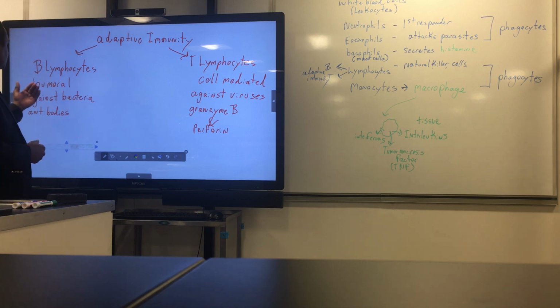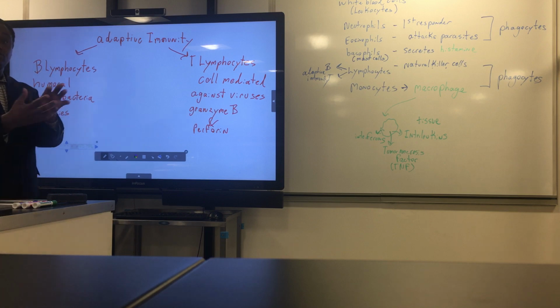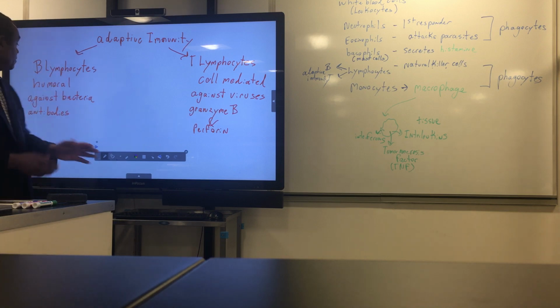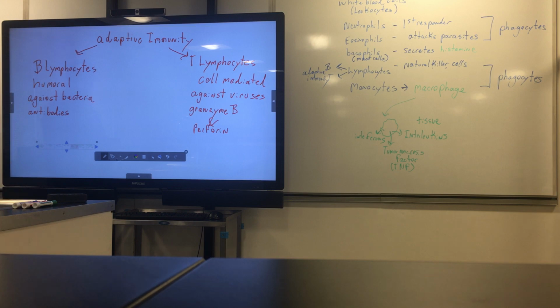So B lymphocytes pretty much attack those things that would be in the fluid, or in blood, in tissues, the fluid in tissues. Bacteria. All right, so B lymphocytes mostly attack our bacteria, which we consider exogenous antigens, outside of cells, right? Versus